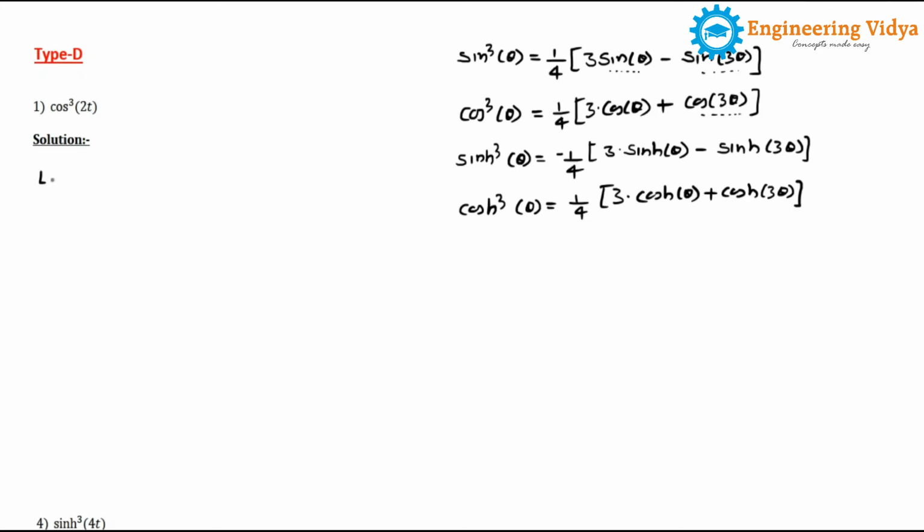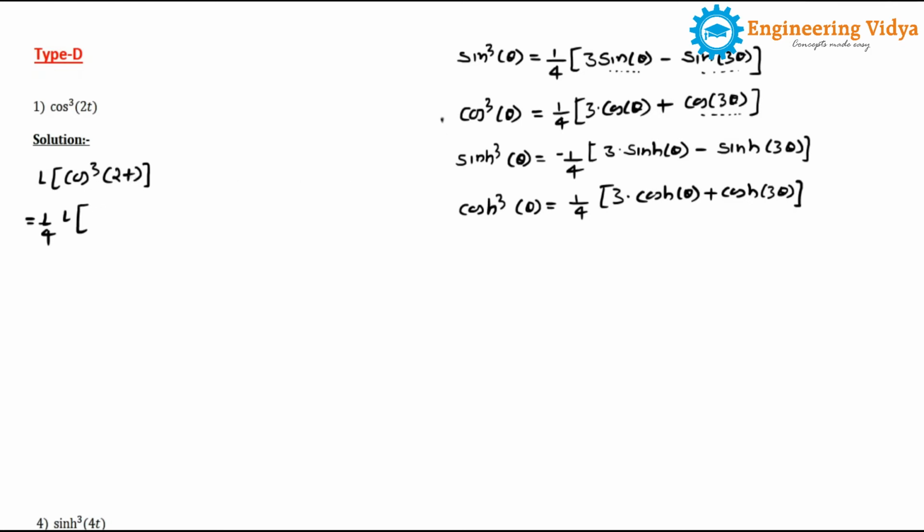So first of all, here we write the problem only. Laplace transform of cos cube of 2t that we need to find, okay? So now here we are going to apply the formula over here. Since 1 by 4 is there, 1 by 4 is a constant, so it will go outside. I'll take 1 by 4 outside, and then inside we'll have cos cube of 2t,